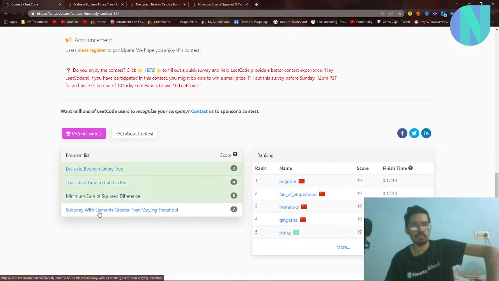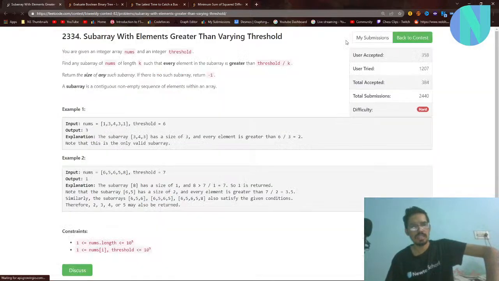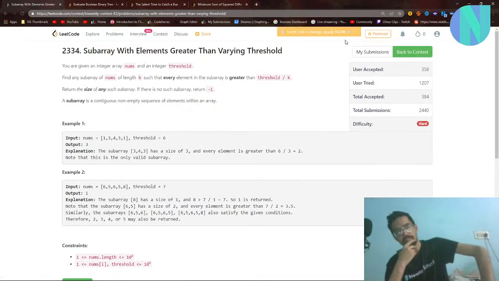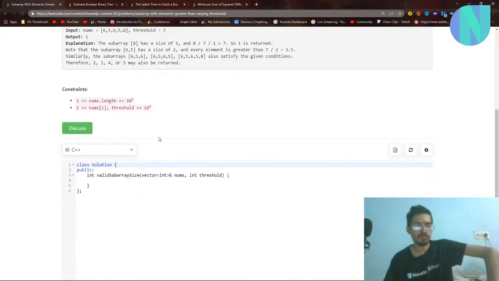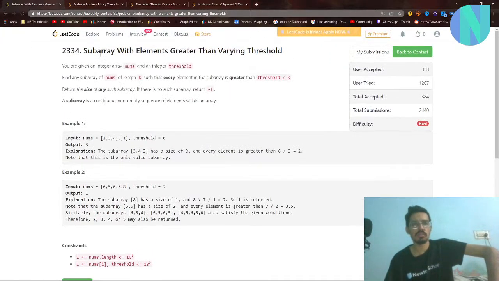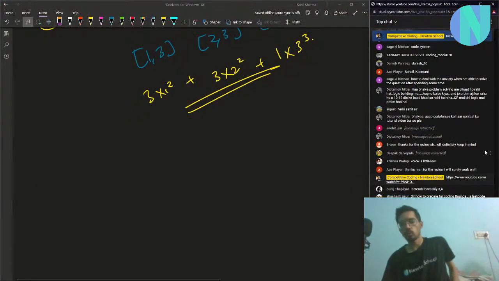So I was not able to solve the fourth problem. I'm still looking. I think there's some kind of binary search in this. I was not able to see how we can apply binary search on this. Yeah. So I will upsolve this and then make a video on this if it's possible. Yeah, so these are the problems on LeetCode, and I think the stream is already over 2 hours.